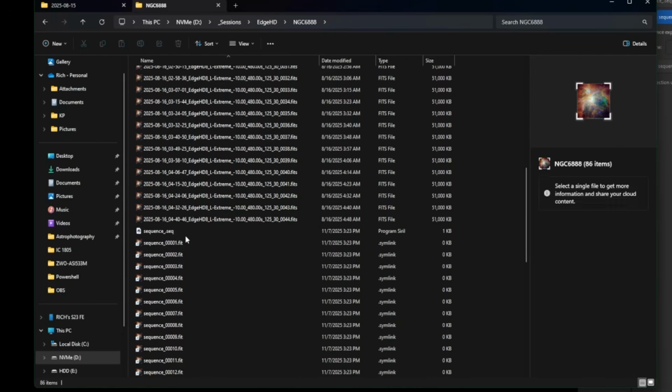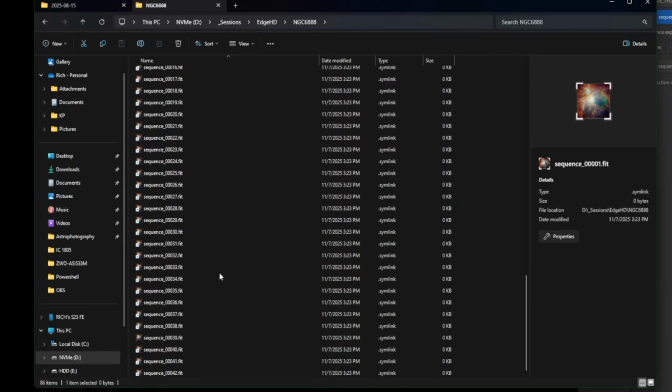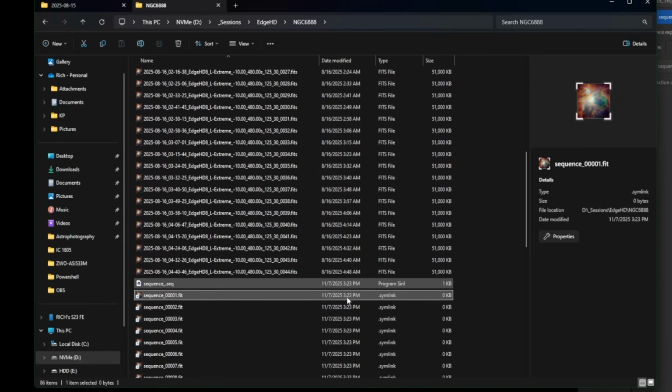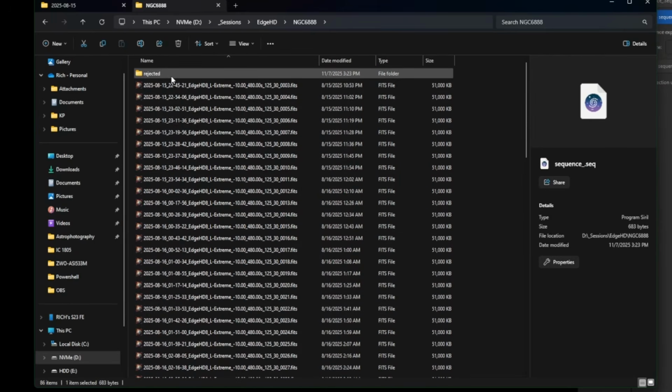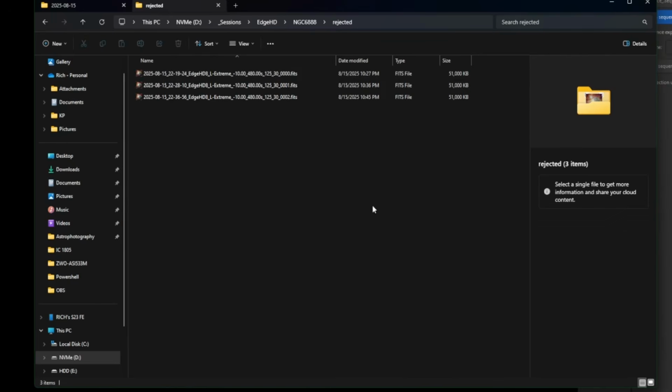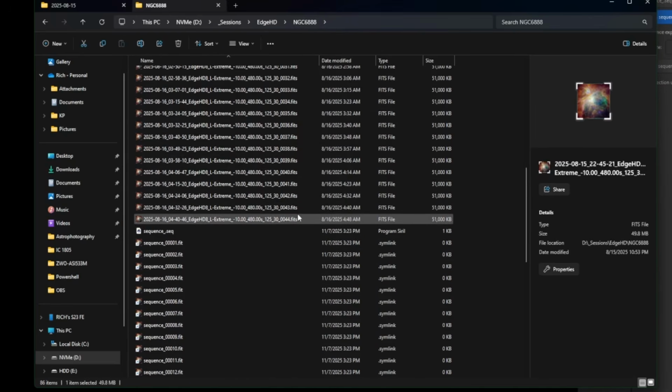You also notice we have our sequence in here that it created for us, as well as all the symbolic links. So when you click the create sequence button, it'll create the sequence for you in the same directory as your lights, as well as create a rejected folder and put the ones that you excluded into that rejected folder. So again, if I wanted to use what was included in our selection, I could just grab these files,